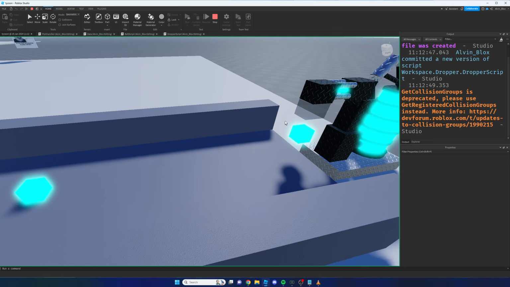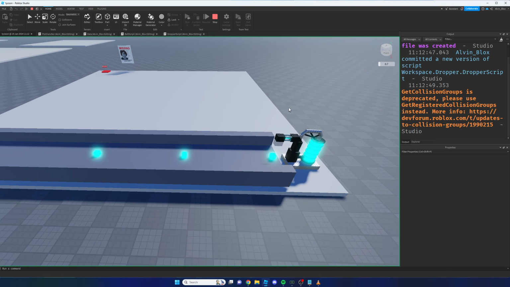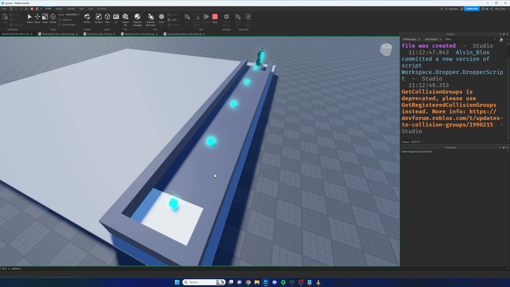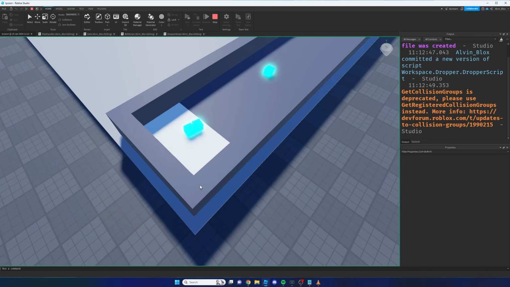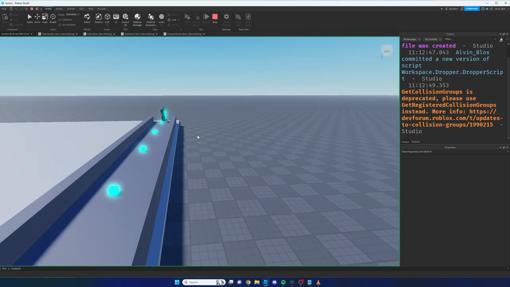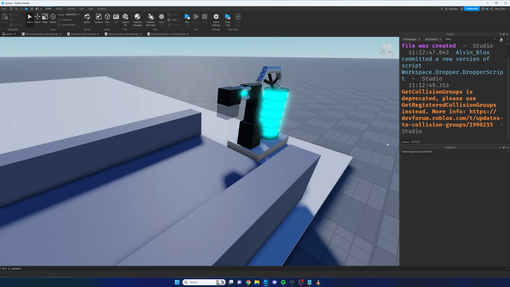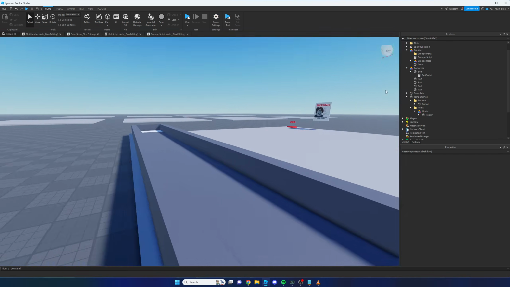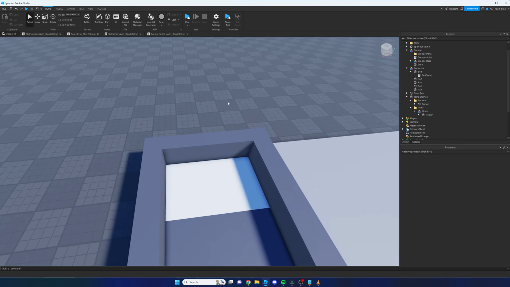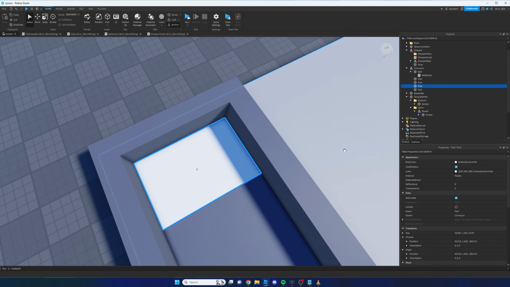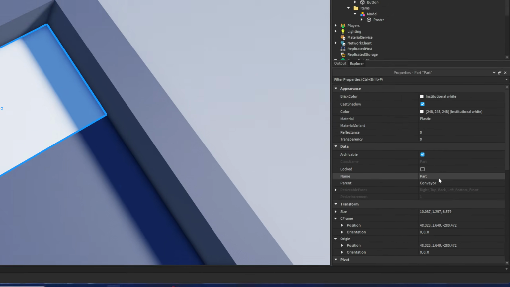Okay, there we go. So our drops are now falling out of the dropper. They are heading towards the white part, and all that's left to do is when these parts hit the white part, we just need to remove them and increment the player's currency. So click on the stop button, and finally all that's left to do is we'll go over here to our white part, hold down Alt or Option on a Mac so we can individually select it, and then in the properties panel I'm going to call this